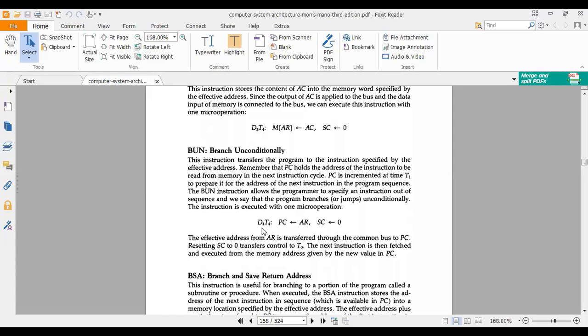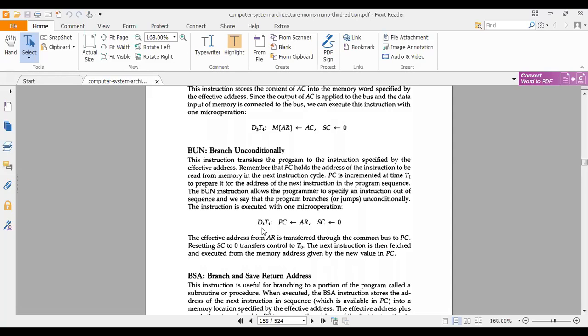So as you are jumping to a particular memory location, that memory location must be brought to the program counter. So now the address in the program counter is where your program's sequence will start. After moving to that particular memory location, every time SC must be 0. So that is your unconditional branching.